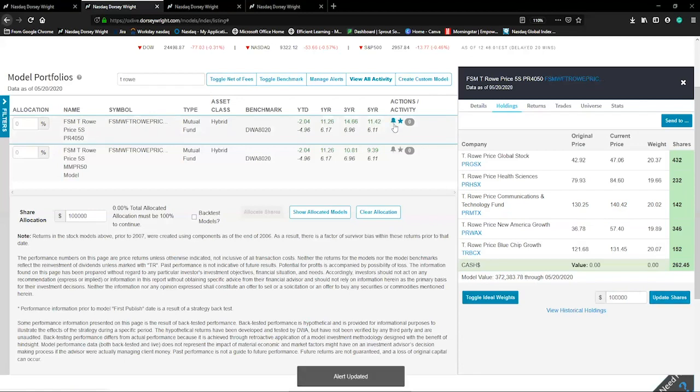If it is gray, you will need to click it to turn it blue, and you'll get a little alert updated notification at the bottom of the screen. Essentially what that's doing is telling the system to send you an email if there's a model change. So while we know when these model evaluations occur, at the beginning of each seasonal quarter,